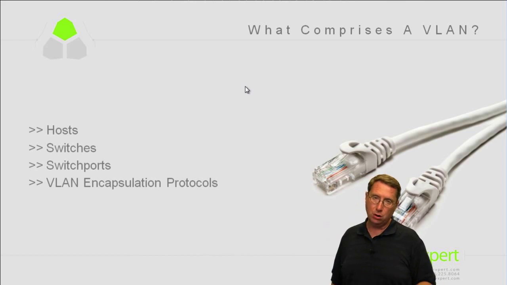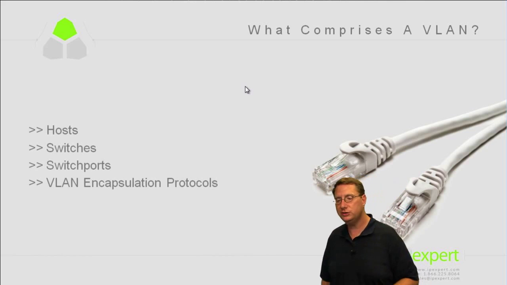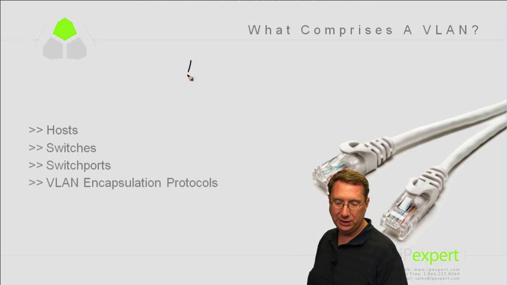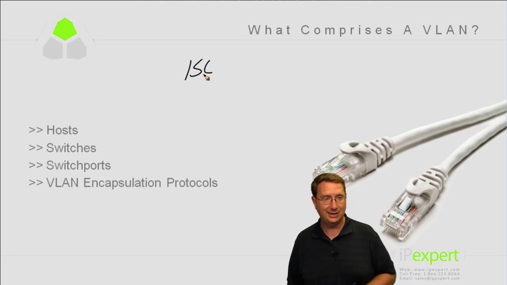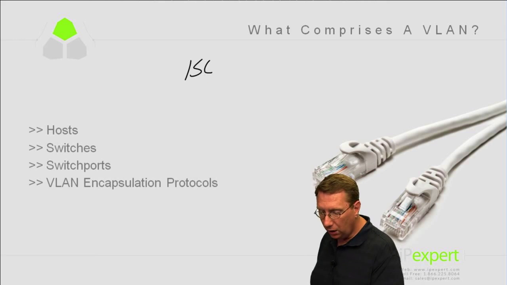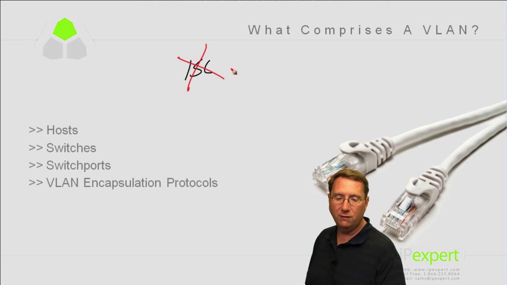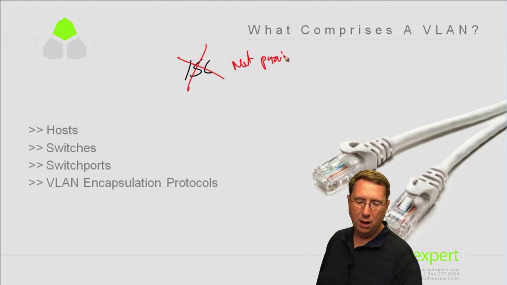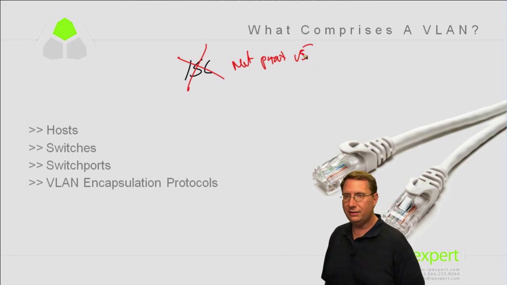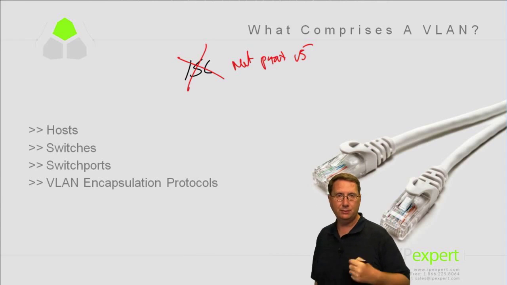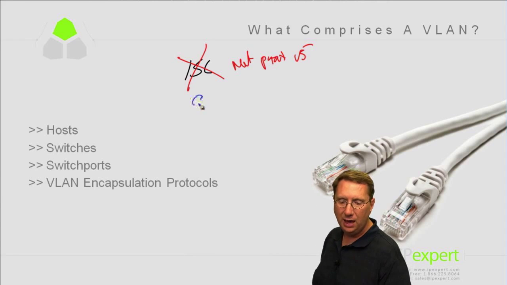The VLAN protocols, or encapsulation protocols, come to us in 2 flavors in the context of the CCIE routing and switching exams. Typically, we have ISL, which is inter-switch link, Cisco proprietary. Also, not part of version 5, and we'll revisit that, so it's not part of the V5 blueprint. Now that only leaves one other protocol that we can use in order to handle this information, and that's going to be the idea of